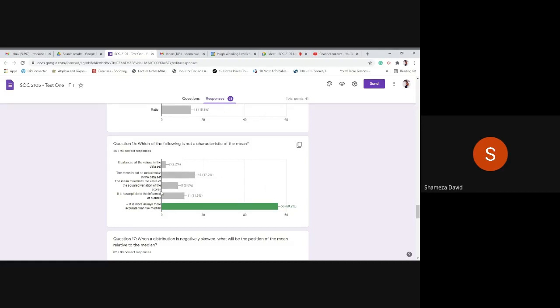The mean minimizes the sum of the squared variations in the score. This is another characteristic of the mean, and that is why when we do, for instance, things like regression, we use the least squares method. It all surrounds the mean. The mean minimizes the variation, because the mean tells you, or is supposed to tell you, in the absence of outliers, the most typical value. So if you use the mean as a center point, then all values should lie in the